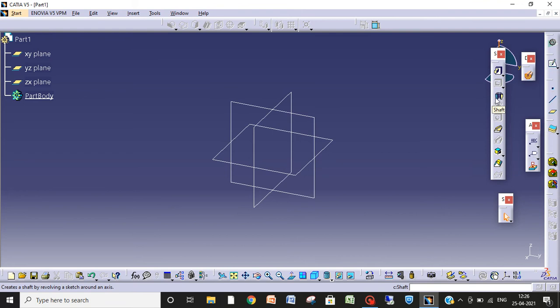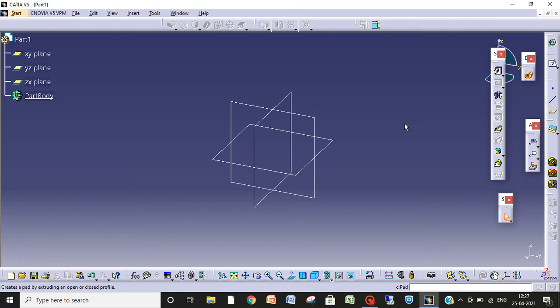This is shaft. That is, if I have some sketch and I want to revolve it, making a cylinder, this is called shaft. And this is groove. This is opposite to shaft. And this is a hole. If I want to make a hole for our fasteners in our plate or in any face, this hole is used. Now this is rib. Rib is like, I have some section and want to expand it along a path, and the opposite to rib is slot. So let's start some examples.